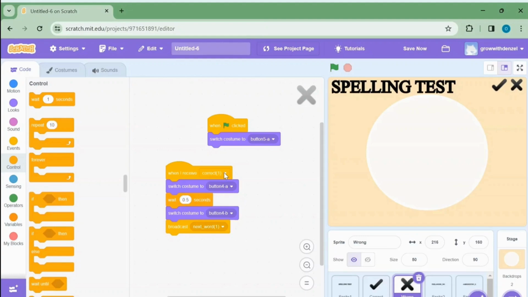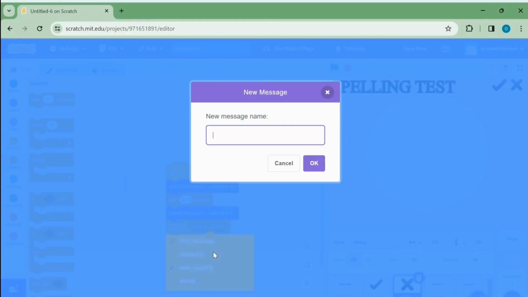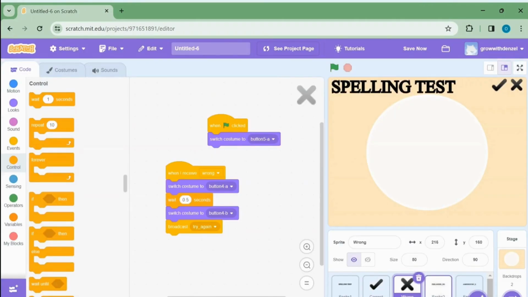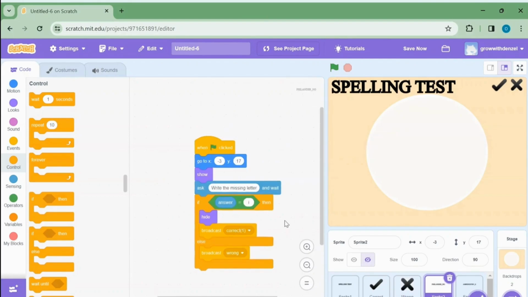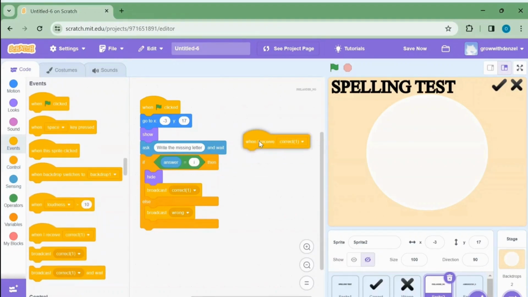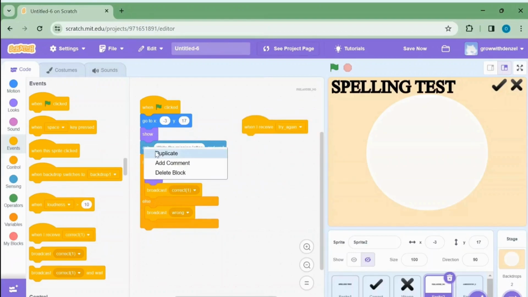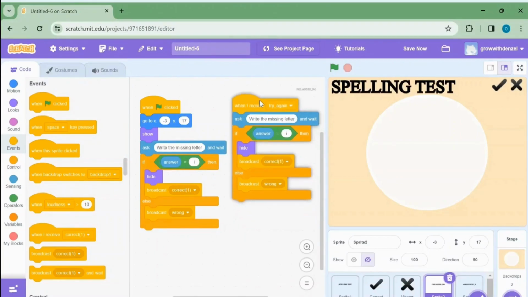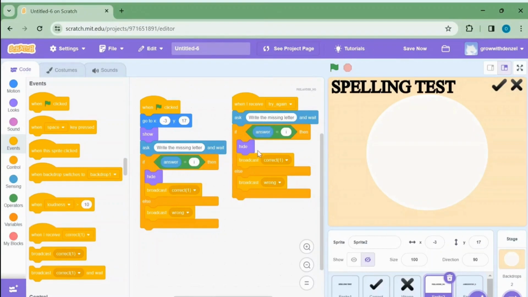Next, you change the correct one to wrong. And then you bring a new message here and you write, try again. Once you've done try again, you go to the events section. You bring out when I receive correct one and you change it to try again. Then you could just copy the code and to show, write the missing letter and wait. Once you've done that,